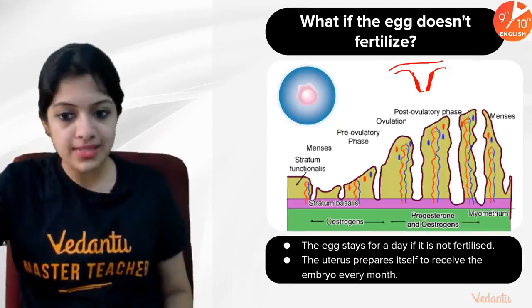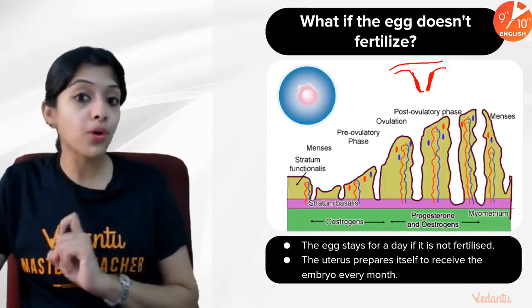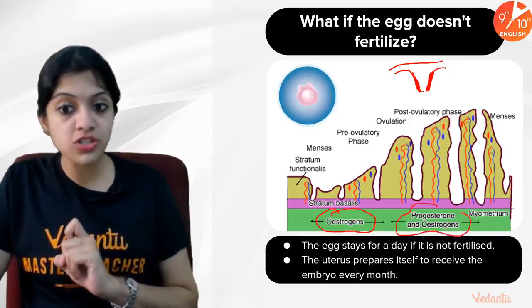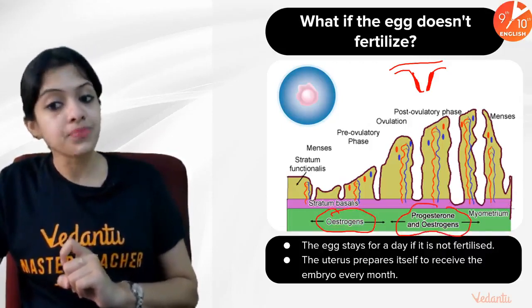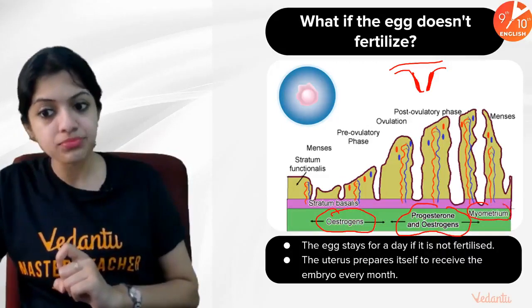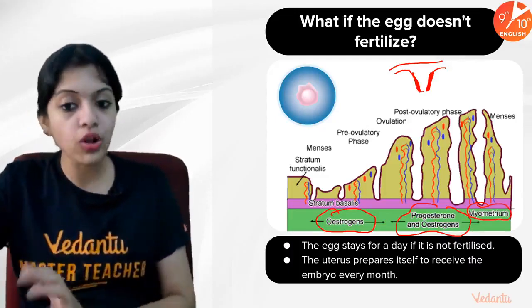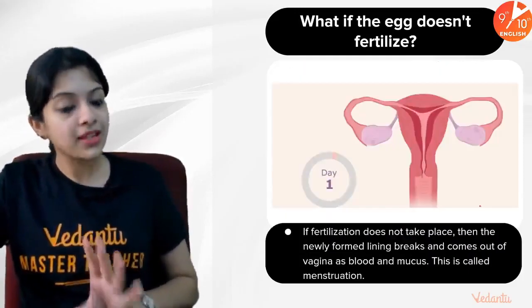This picture is here to give you an idea about the hormonal action. Estrogens and progesterone, during the ovulation, post-ovulatory phase, and menses, wherein you can see the myometrium, which is one of the layers of the uterine wall. All of this plays a very, very important role in menstruation.